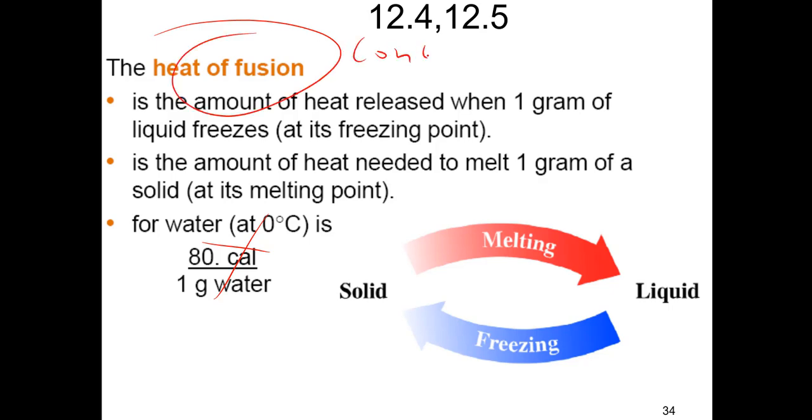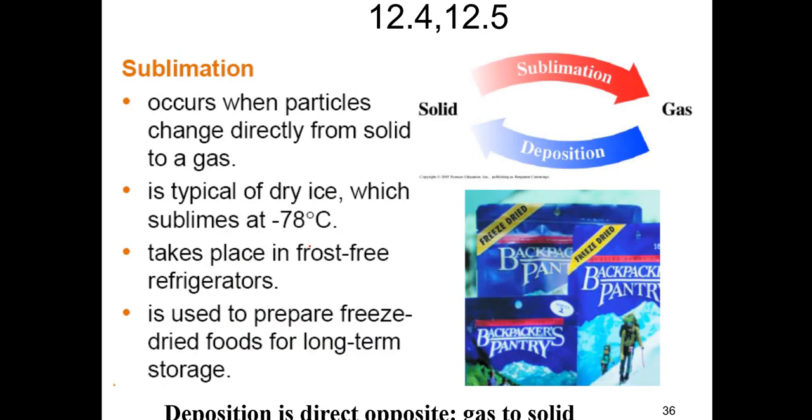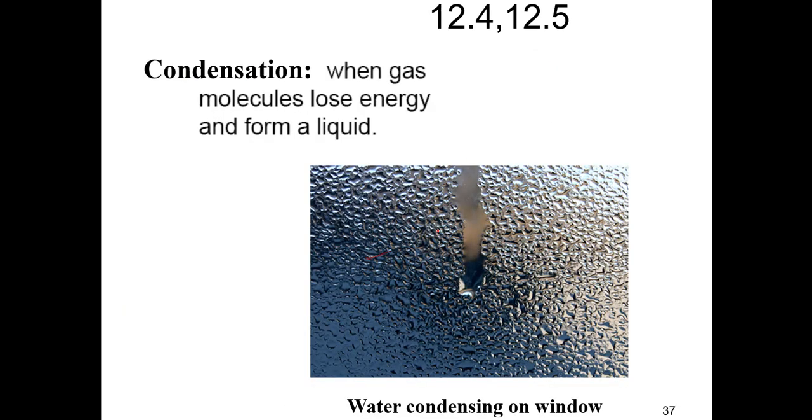I am going to ask you about the concept. So concept only. Well, that got messy. Concept only. So here's a calculation for heat of fusion. If you take more science class, then you'll be getting into these calculations, but I won't be testing you on those. And then here's sublimation,